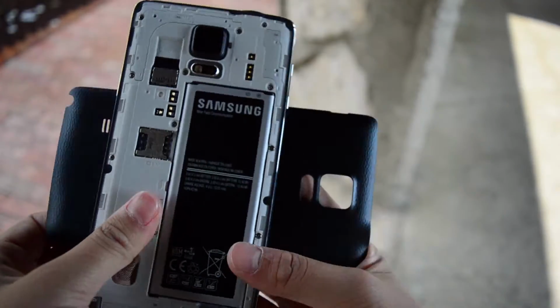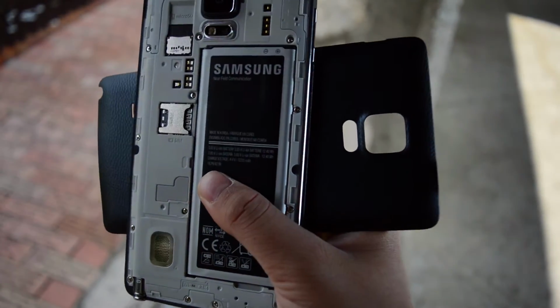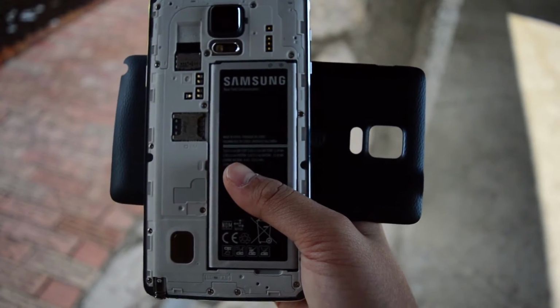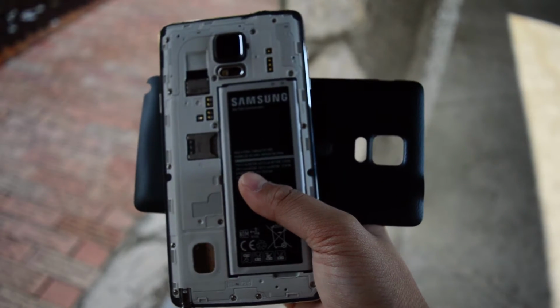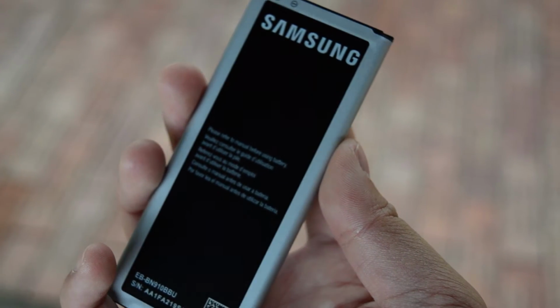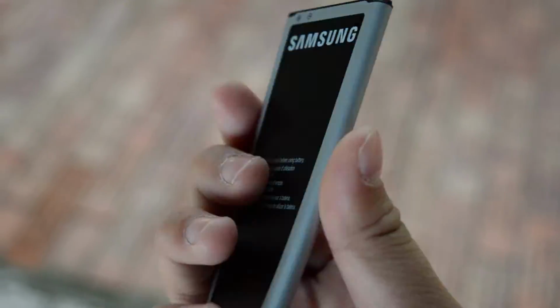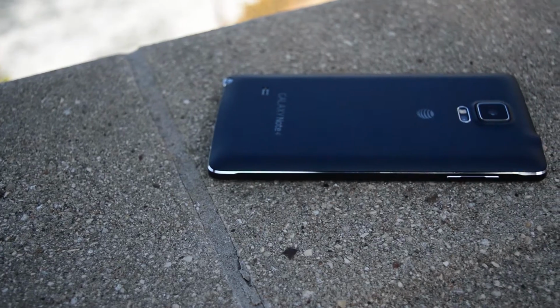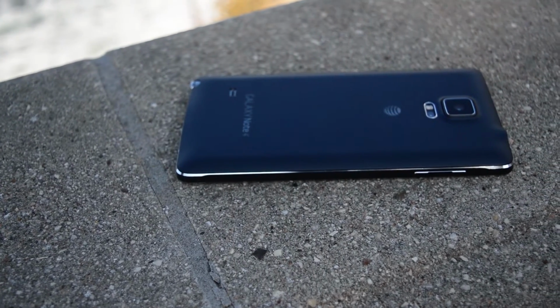The battery life was pretty good too. It's got the swappable battery, so if you need a spare, well, you got it. And the ultra battery saving mode is really useful when you're in dying need of extra juice. And I get roughly 4.5 to 5 hours of on-screen time, which is pretty positive, and it got me through a day and a half roughly. It hasn't quite improved from the Note 3, but I guess it's possible since it has to go through the